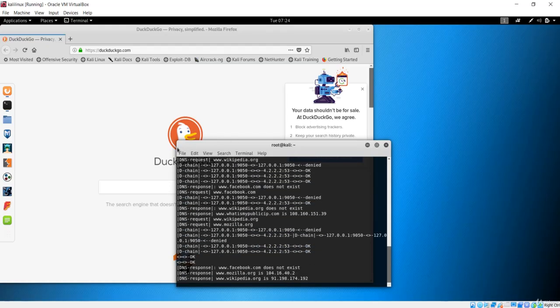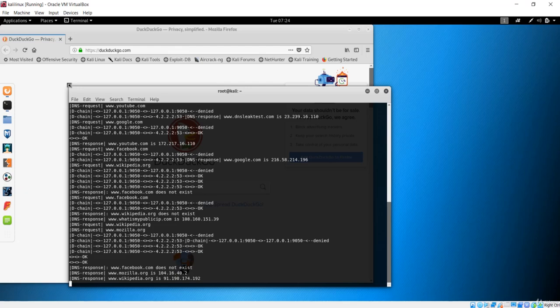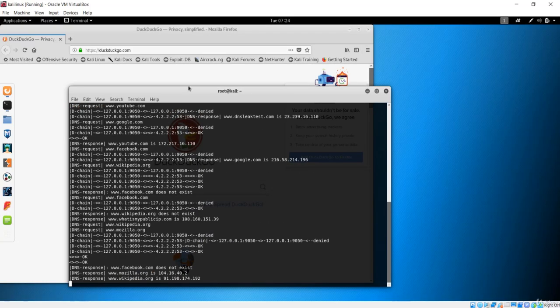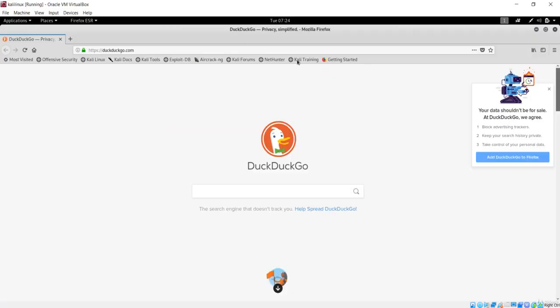This is what we call the dynamic chain. You can see it has linked our browser to many of these services, many of these chains. So we have a tunneling process over here. We have done the DNS request, some were denied, some were passed, and basically this is the way to configure your dynamic chain on the proxy chains. Let's see how we can make use of these proxy chains now.